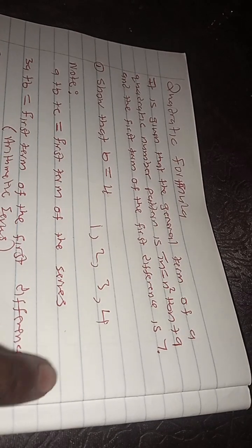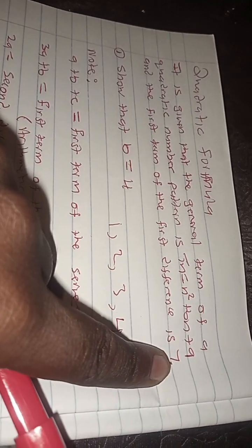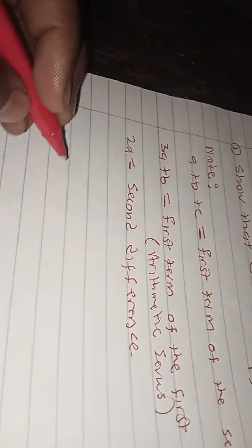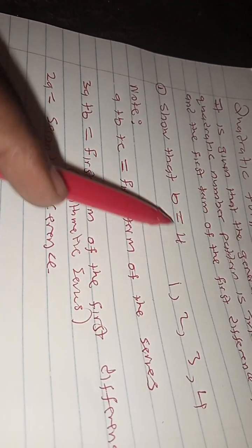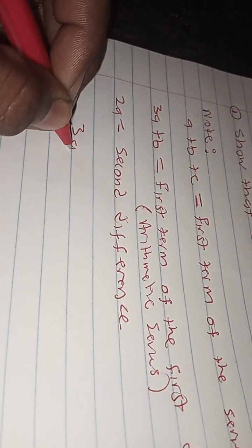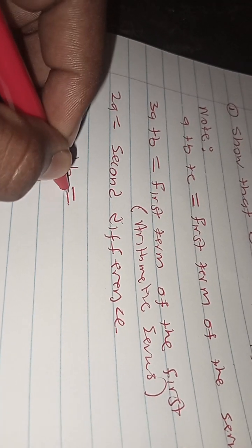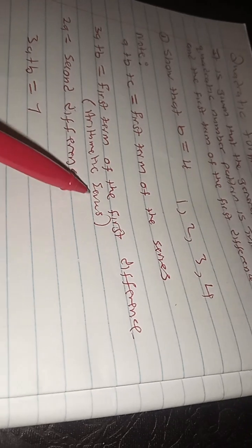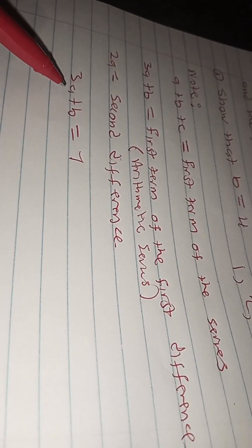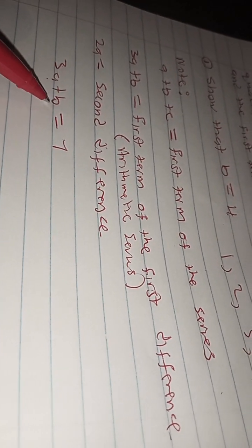So they told us that the first term of the first difference is equal to 7, right? And then I said to you that 3a plus b will always be equal to the first term of the first difference. So let us equate. We want to show that b is equal to 4. So we're going to say 3a plus b is equal to 7, because the first term of the first difference is 7. Now,